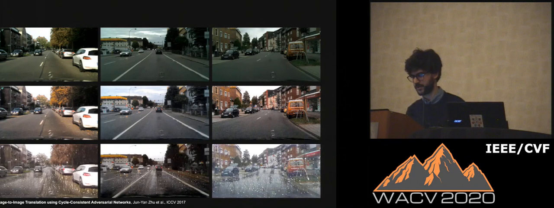So here we present some results obtained with the domain bridge. By reducing the domain shift unrelated to the weather, our method is actually able to generate more weather-based features, such as weather drops on the windshield.